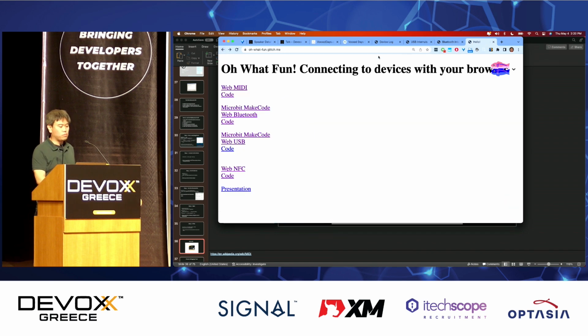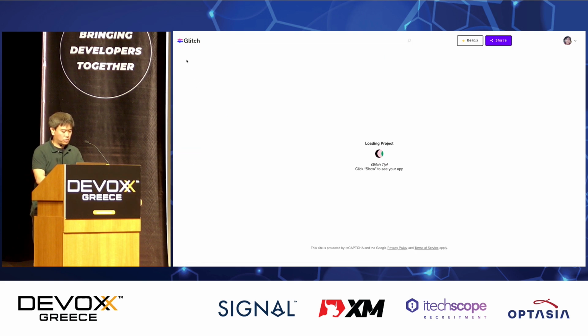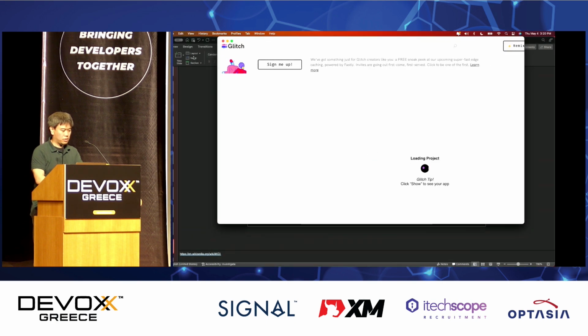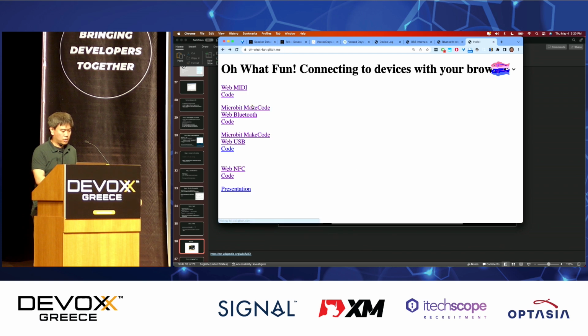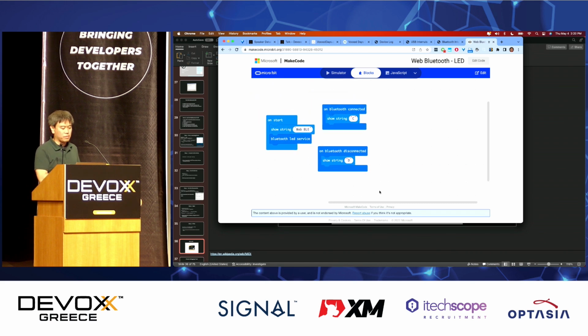So it has Bluetooth in it, but you can actually do programming on it using, let's see, MakeCode. Let's see if I can get to that. So the firmware or the software that's running on this microbit,